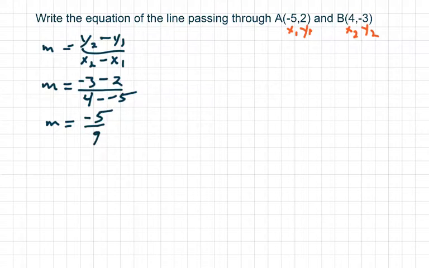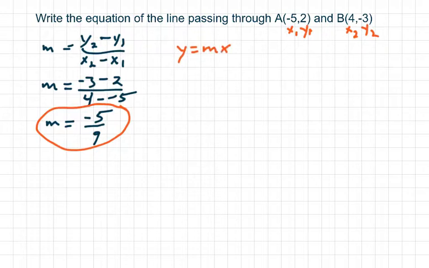Perfect. So let's make sure we recognize that. Okay, so now, as well as the slope, we always know that the slope-intercept form is y equals mx plus b. So that's great because we know a y value, check. We know a slope, check. And we know an x value. So the only thing that's missing is our b value. So now we can substitute either point A or point B, and it doesn't matter whichever one you want to use. I'm just going to use point A because it's the first point there,